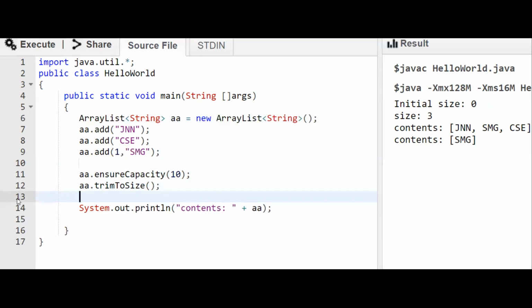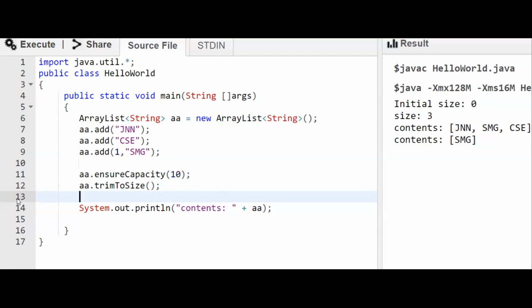Then, to integrate the collection based code with the legacy code. If you have written an older version of the function that takes an array and not the collection array list, then we can convert this array list into an array. So converting array list to array is a trivial question.